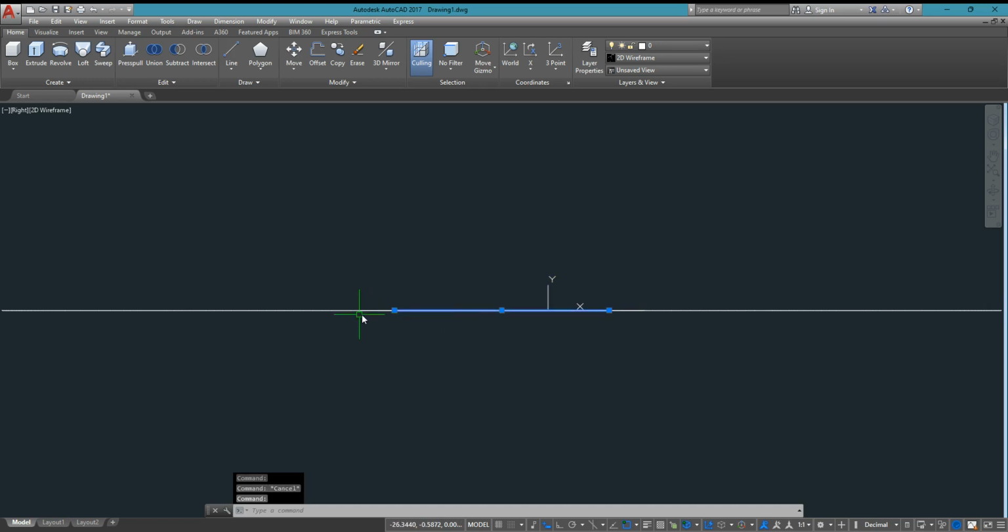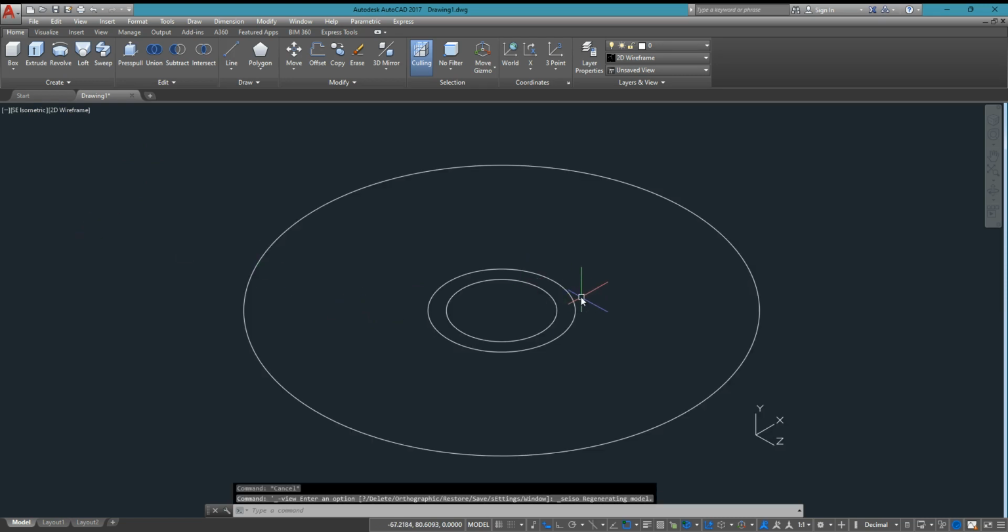We can check in our elevation here, it is at level 0, in our right elevation. Then we will use southeast isometric to have it in elevation view, or maybe perspective view. We can see the elevation here now, it is already level 0.